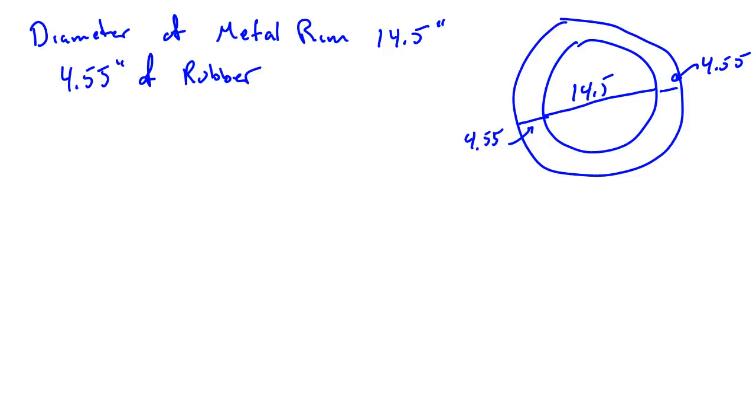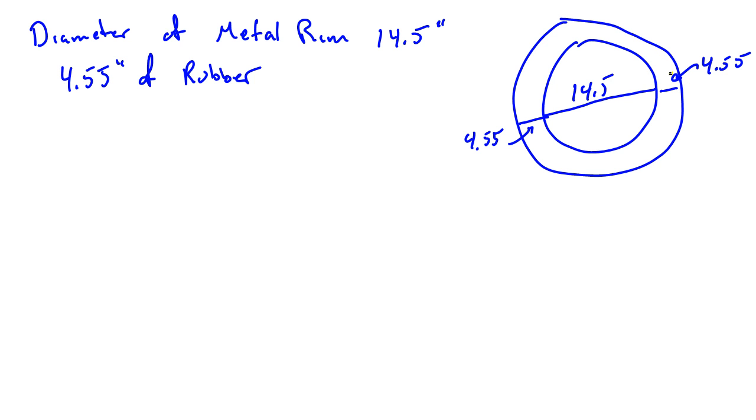Alright, I want to look at this speedometer problem here. First thing I got to do is figure out what they're telling me about the tire. What's the radius of the tire? They tell me the diameter of the metal rim is 14.5 inches, so that's this part here. And then there's rubber on the outside, and the wording is